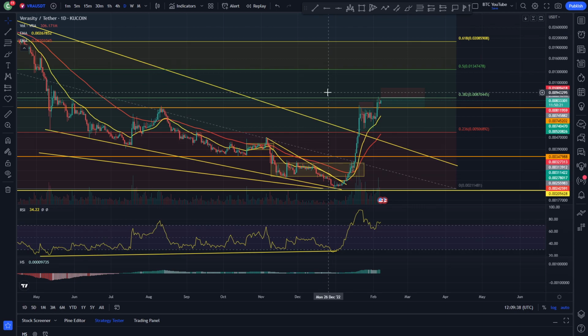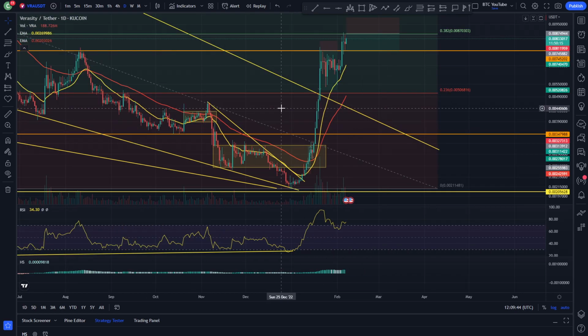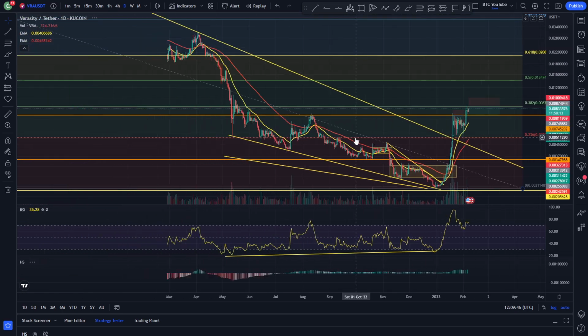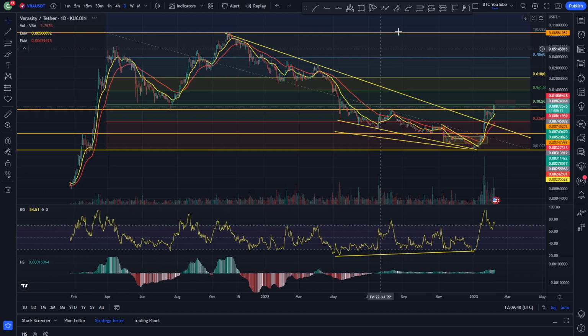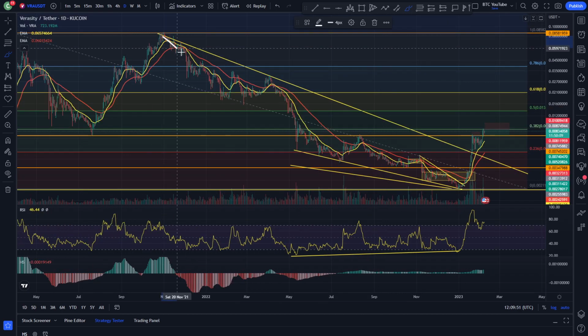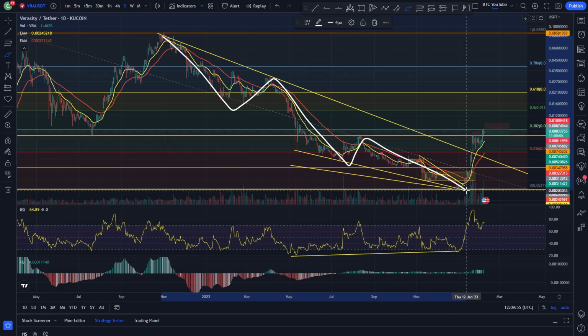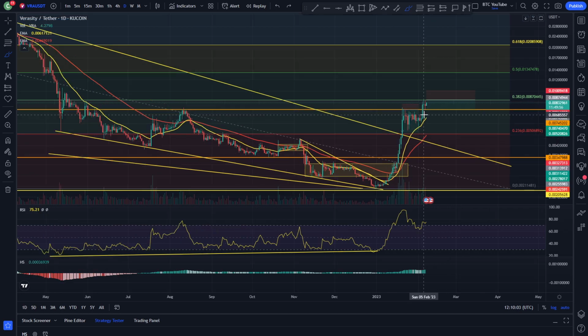But overall it's doing completely fine, isn't it? It's doing what it needs to do. I would say it's looking pretty damn bullish, to be honest, in comparison to a lot of cryptos, but obviously not out of the woods yet. You could realistically say this could just be a lower low, lower high, lower low, lower high. Even though we've come back up and made a higher high, we could still come down and make a lower low, depending on what Bitcoin does and the wider market. So we're not out of the woods yet, but for now,